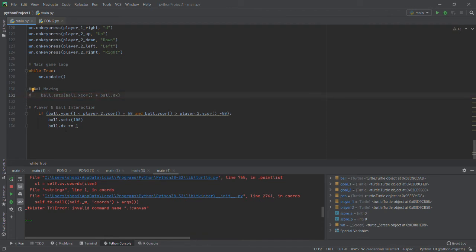Well, I want it to move, but not of its own accord. So over here, I don't know what's going on, to be honest, but we'll come back. So I understand the y coordinates, and if the ball's y coordinates are less than the second player's y coordinates plus 50 pixels,